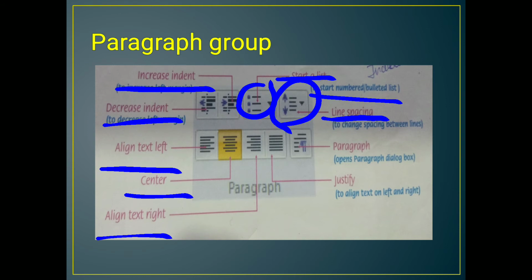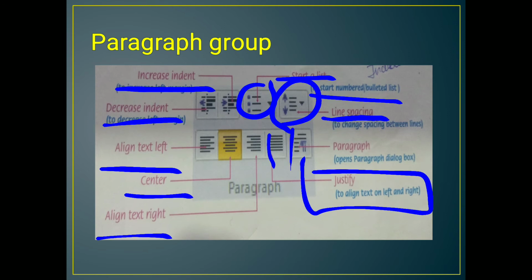The next one is justify. Justify is used to align text on the left and right margin. See, dear students, here it is, justify. It aligns text on the left and right margin, meaning the same on the left and right sides also. When you justify text in Word, you give your text straight edges on both sides of the paragraph. Justifying extends each line of your text to the left and right margins. Justifying text might make the last line of text in a paragraph considerably shorter than the other lines.